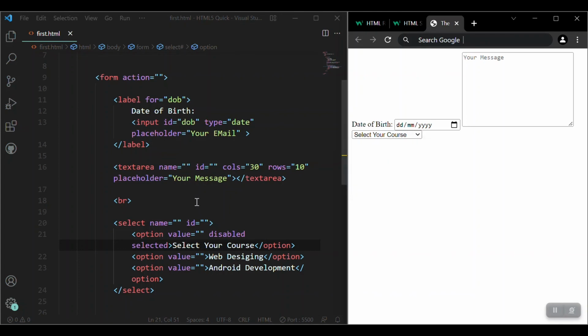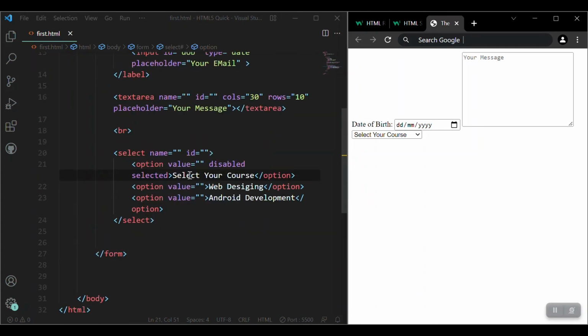So this was all about the forms, and you can use as many inputs, as many labels, as many text areas as you want. I don't want the video to get longer,